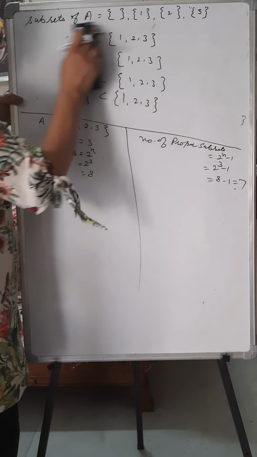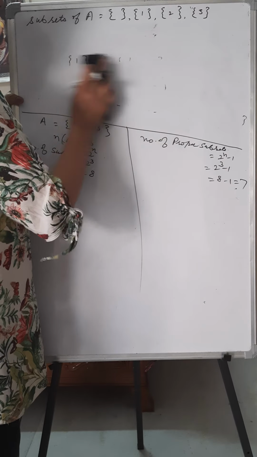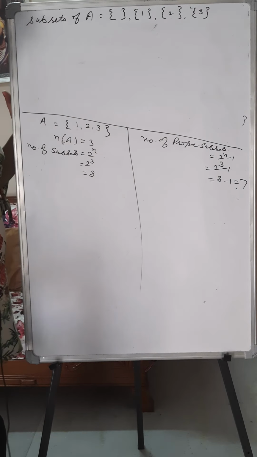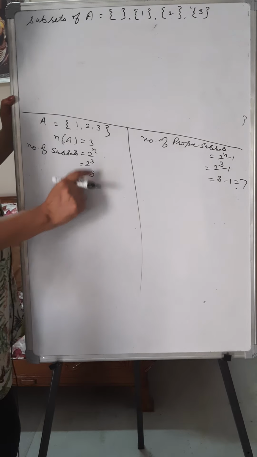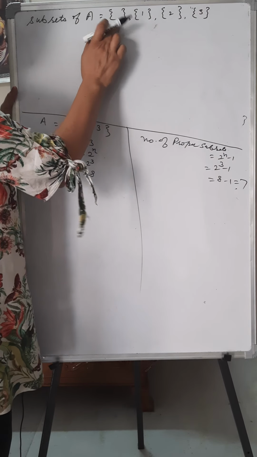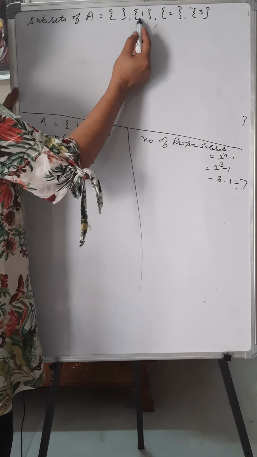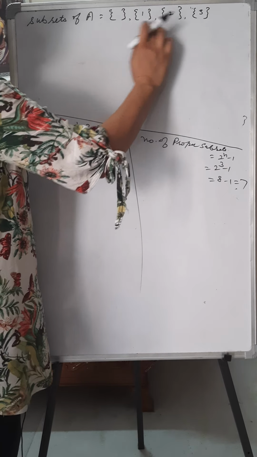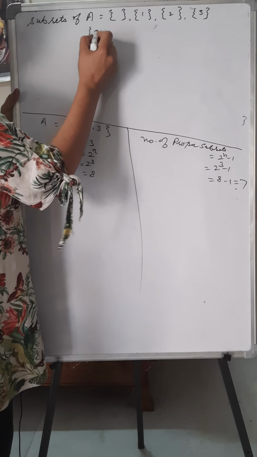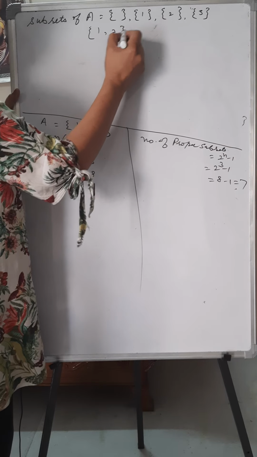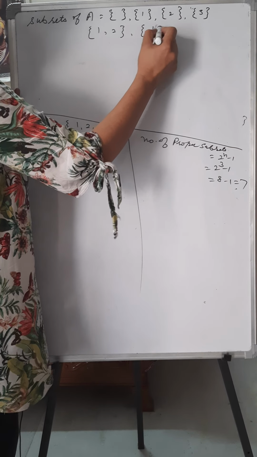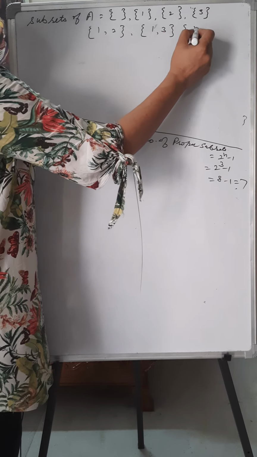Then we still require 8. Here it is written subsets are 8. Empty set, it is compulsory to write one, first of all the elements once, then making the pairs, 2 together: 1 2, 1 3, 2 3.